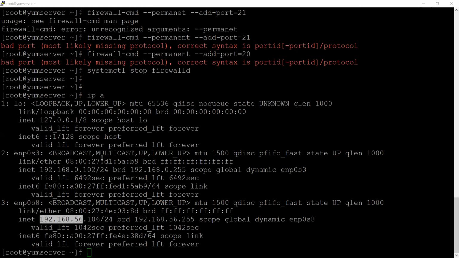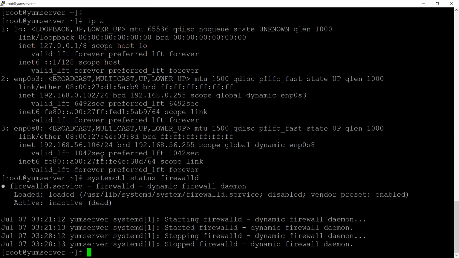Or else I can check whether the firewall status is running or not. Yes, the firewall is down. Then I'll check this IP. Any one IP, we can check it. Is it able to get this page or not? If you are using FTP with the particular IP, it should be blocked. Now it was showing that the IP is blocked, and now it is able to get this server.